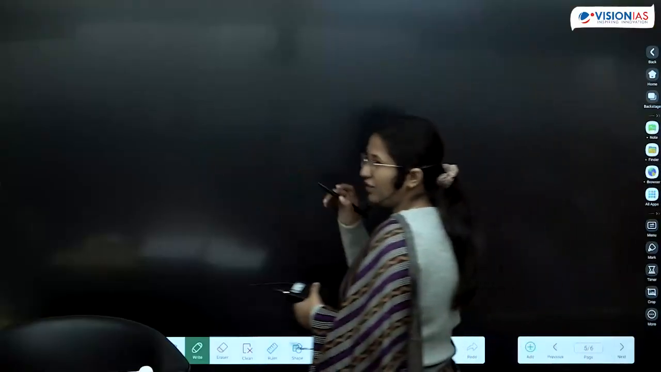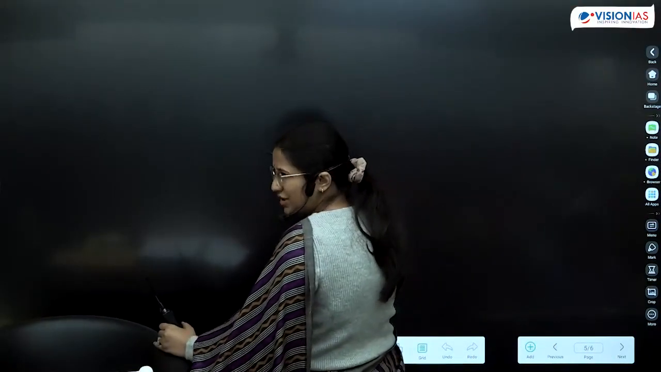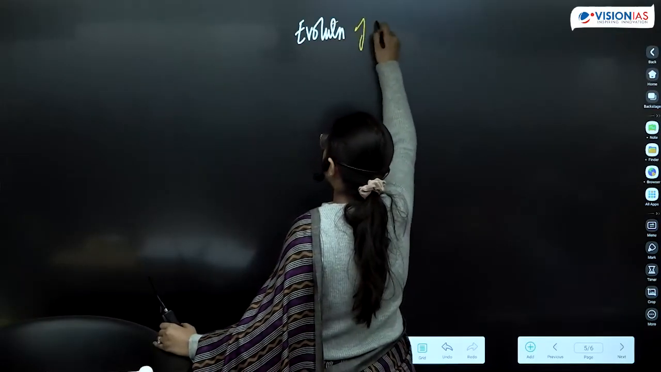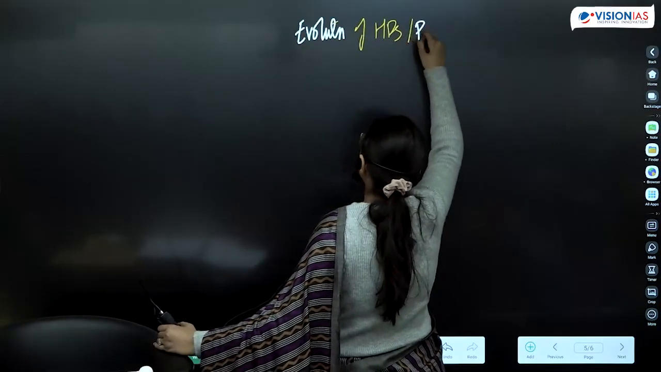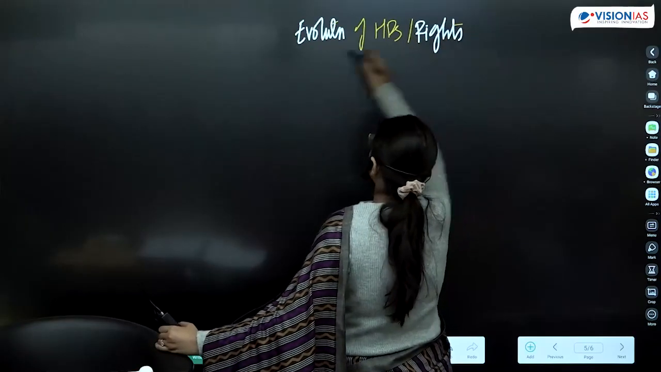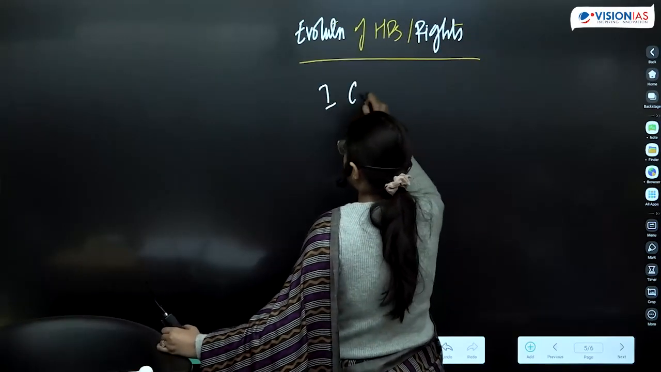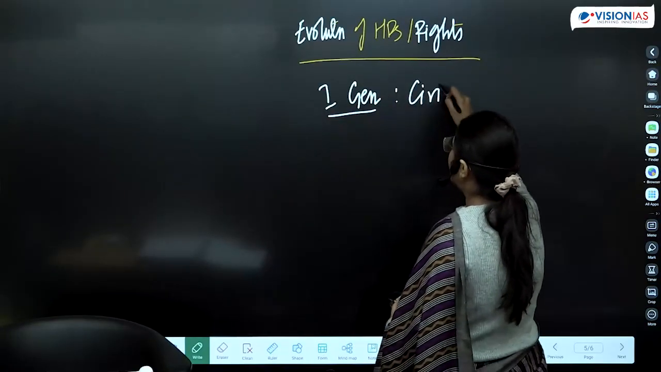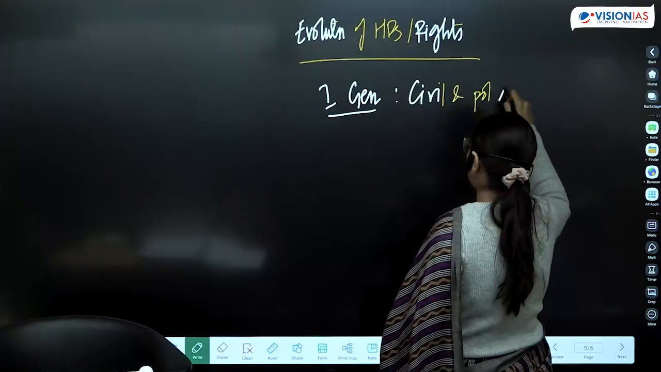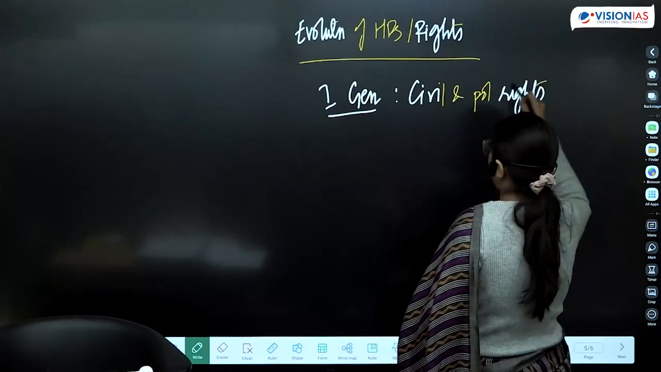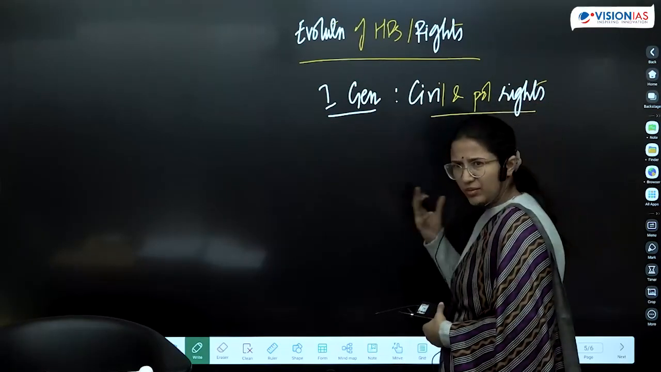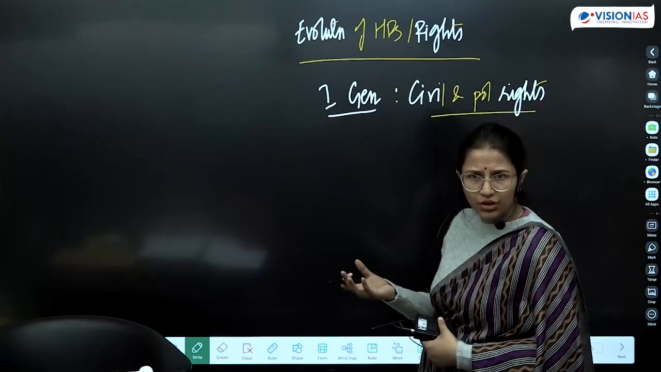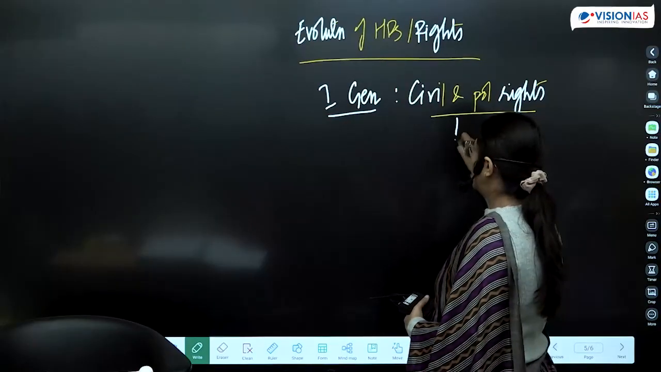So we find that human rights have evolved through various generations. Evolution of human rights, they have evolved through several generations. First generation is recognition of civil and political rights. So right to peaceful assembly, right to freedom of speech and expression, right to vote, and all these